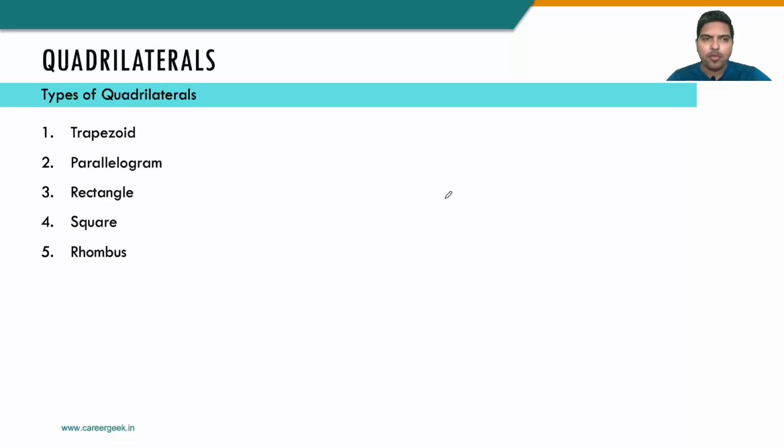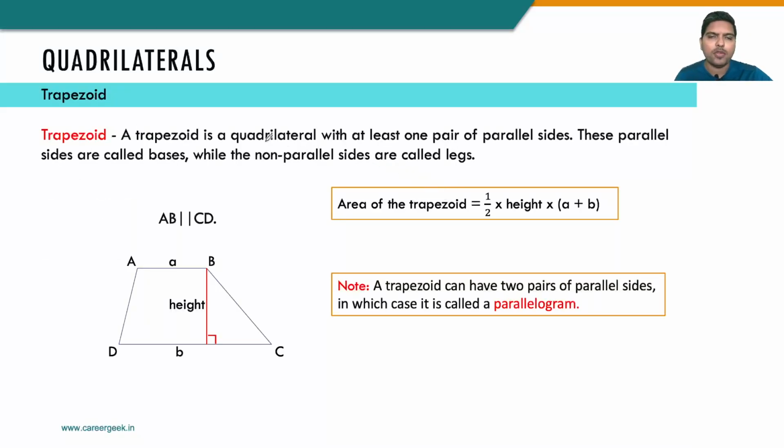The types of quadrilaterals that we'll discuss are these: trapezoid, parallelogram, rectangle, square and rhombus, in that order. Most of you know what a trapezoid is. A trapezoid has two sides parallel and the other two sides not parallel. If the other two sides are also parallel, then it is called a parallelogram, right? So in a trapezoid we have two sides parallel, and for the area,